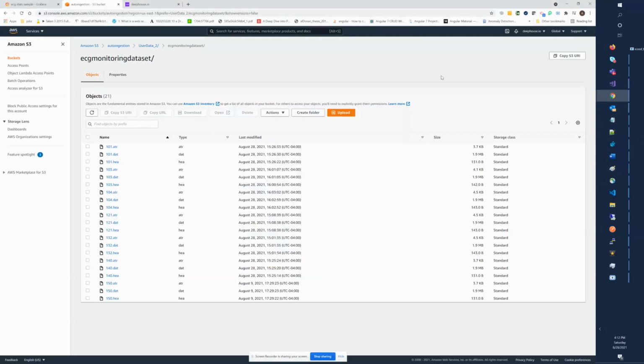The S3 on AWS will be used for the automation phase, in which case the binary files will be uploaded and converted to CSV automatically and then fed through the whole pipeline from ingestion to the end results which we saw on the dashboard. So it completely hosts the whole solution in the backend through Deep House.